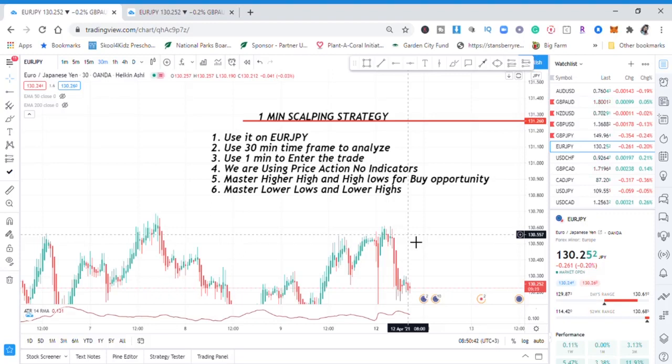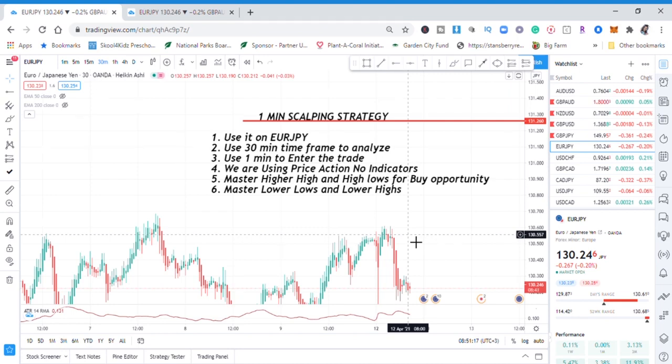So our 1 minute scalping strategy has the following. First of all, I've tried this strategy on some pairs. I love trading GBP AUD, GBP USD, GBP JPY, but it seems this strategy sometimes does not respect these pairs. But when I try this strategy on Euro JPY, I find that it's going smoothly. So first try it on Euro JPY. Yes, you can try other pairs, but I find it working on Euro JPY